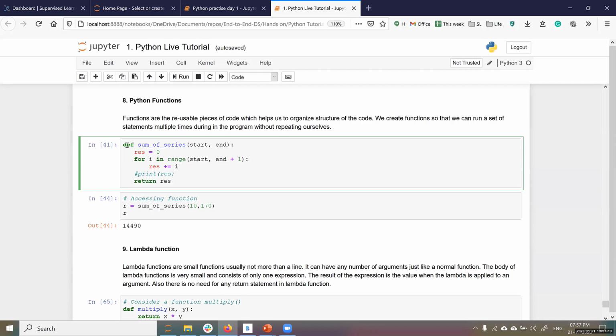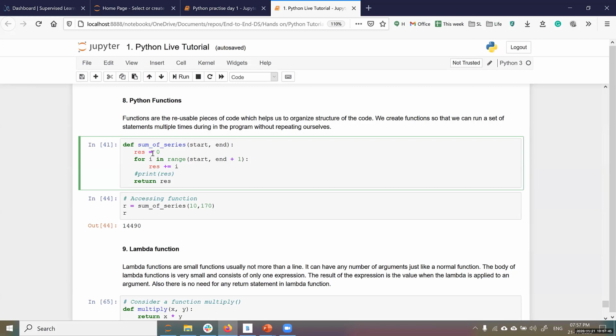So how do you define functions? def is the way of initialization. The next comes the function name, which has to be used again and again. You have to remember this, or some editors help you remember. Then you have to pass some variables here. Start and end are the variable names which I'm keeping, and these have to be passed when you call this function.